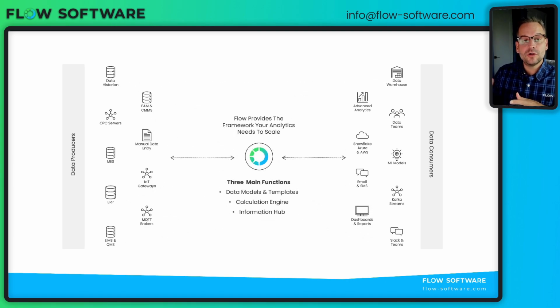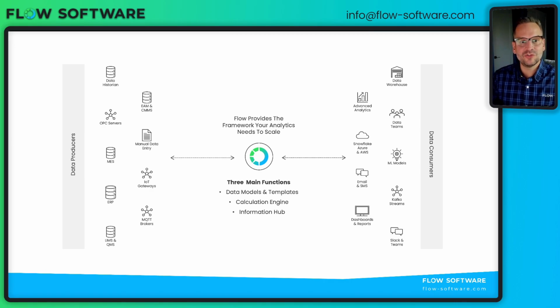So Flow solves this problem by positioning itself directly in the OT-IT convergence space. 1 foot at the plant, 1 foot at the enterprise. There's a value exchange. We will add value to your operations day one. In return for the value that we're adding, we will pick up more context from your subject matter experts. We give them value, they give us context. It's a beautiful continuous loop. And then from the enterprise side, we will take that operational data that's been contextualized by your subject matter experts, and we'll deliver it everywhere that you would like it to go.